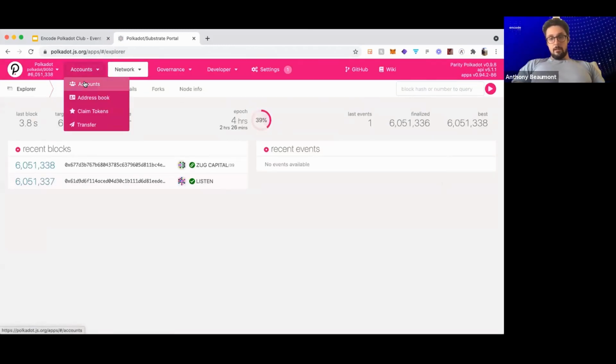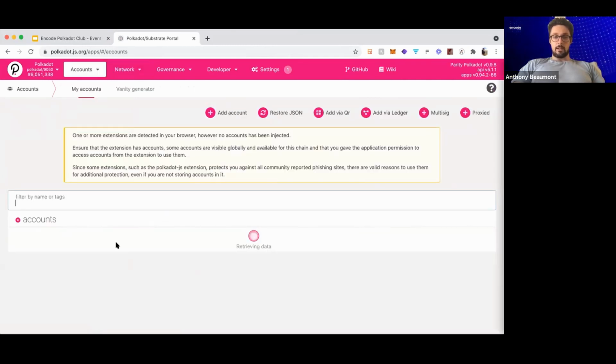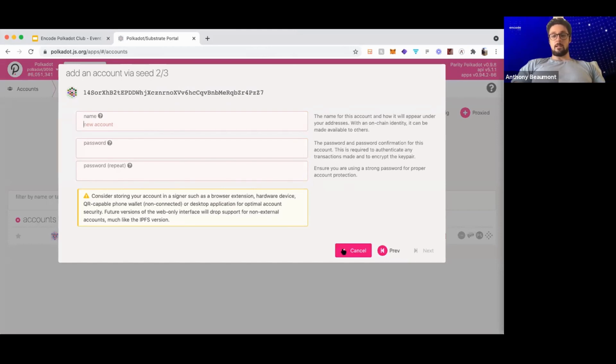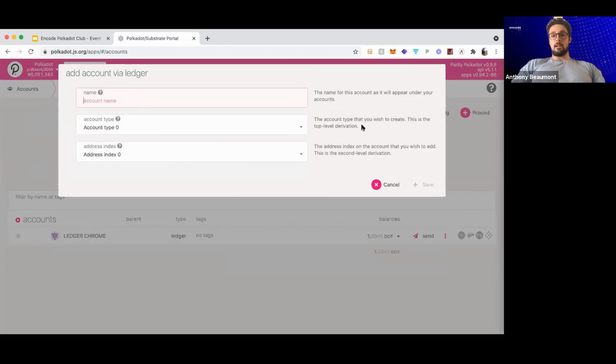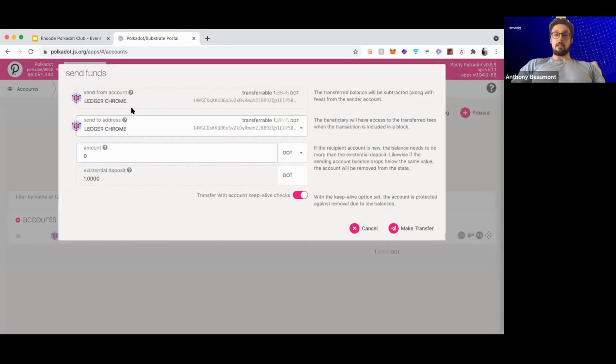So I think we briefly talked about last time how you would create an account. I think I've got my Encode Ledger account here somewhere. Yeah. To create an account is actually very simple. You just go to add account and it will talk you through. You save the mnemonic, give it a name and a password, and it's accessible every time. You can log in, particularly through this browser, but you can use it for any browser. You can also add via Ledger, so you can create an account on Ledger under Polkadot and add it this way. Once you've got an account, you can send DOT through it to any address.